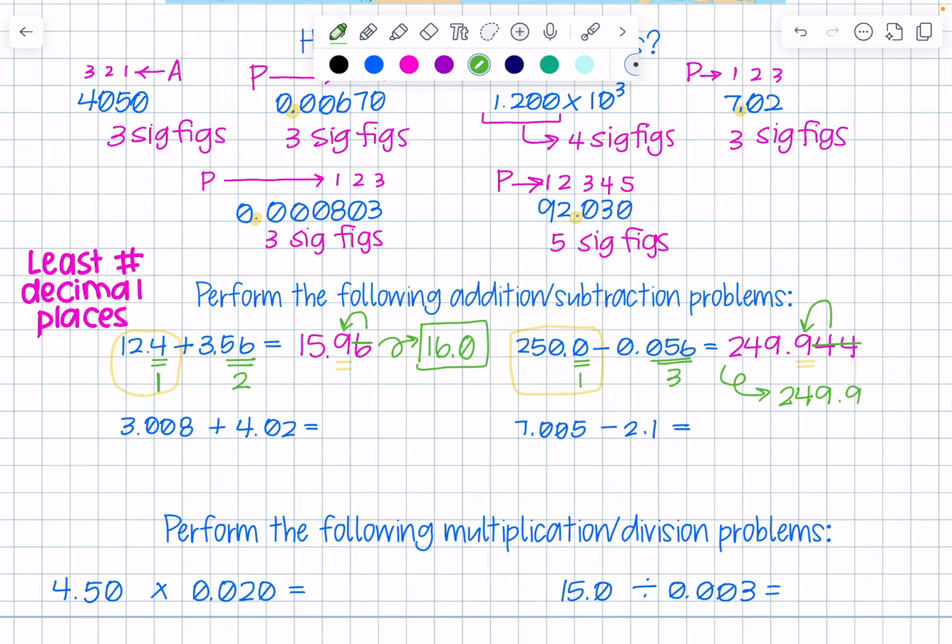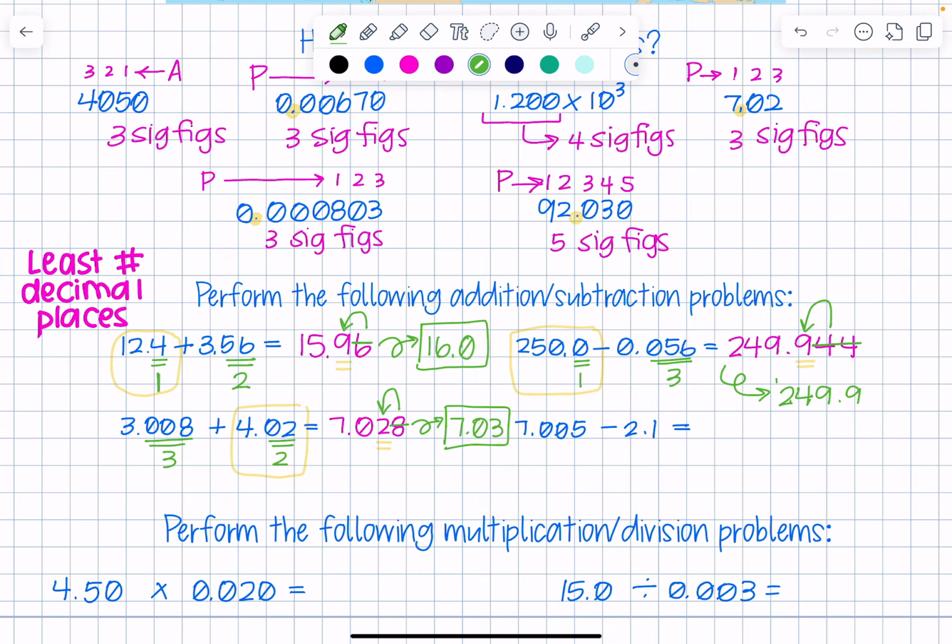All right, a couple more addition and subtraction questions. 3.008 plus 4.02 gives me 7.028. In my problem, 3.008 has 3 decimal places and 4.02 has 2 decimal places. I want to match the least of that, so I need to round to the second decimal place. The 8 tells the 2 to round up, and then we drop the 8, so 7.03